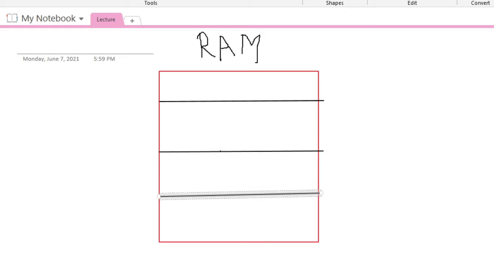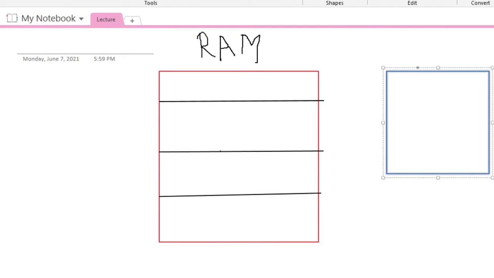Now this is your code. First I have written the header file, then I used the void main function, then declared some variables here.